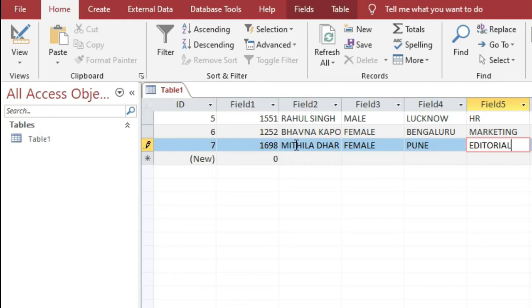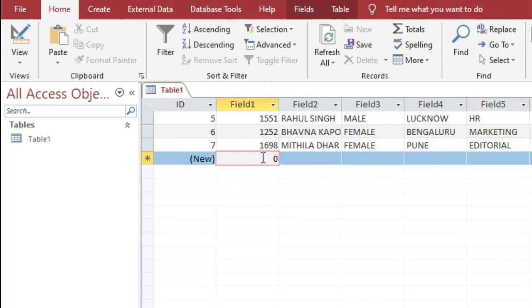Okay, got it. Again click on the next row to enter the data here, 1789 suppose, and then again we are putting the value for the field 2, like that way, entering all the related data here.